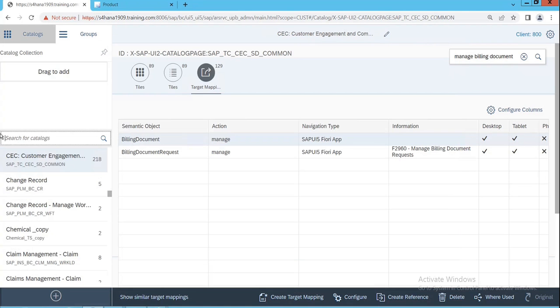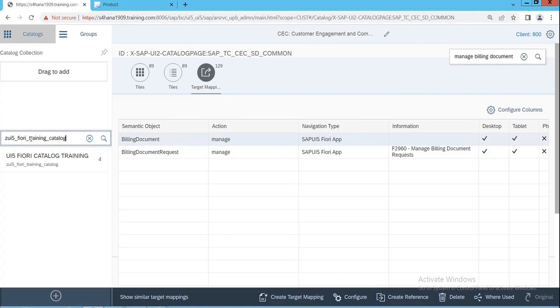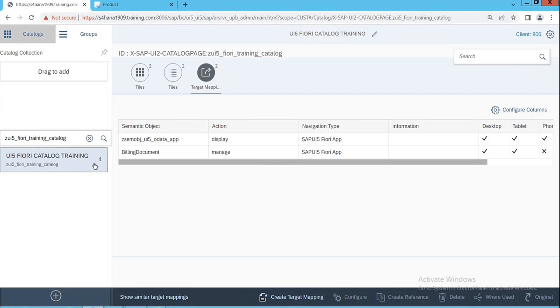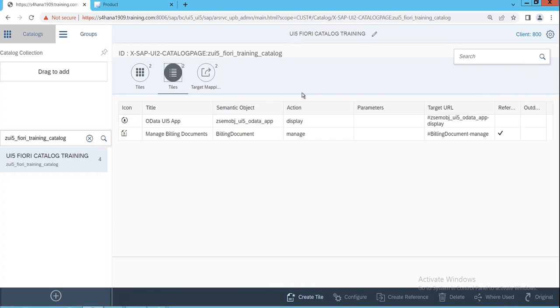So let's copy this and now let's search for that. Okay, so now under this catalog, if you see inside the target mapping, we have two pieces of information. And at the same time, under the tiles, we also have two pieces of information. That's it. So each and every piece of information is available now. Next we need to do is